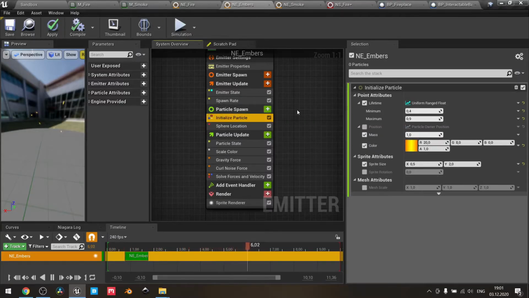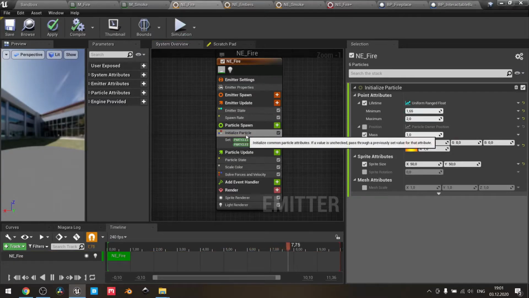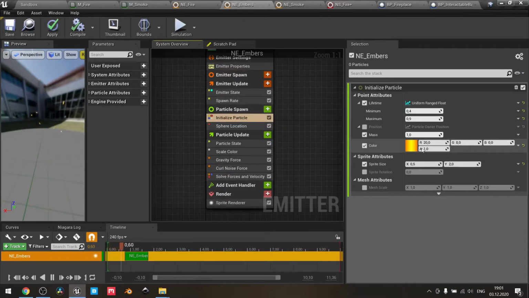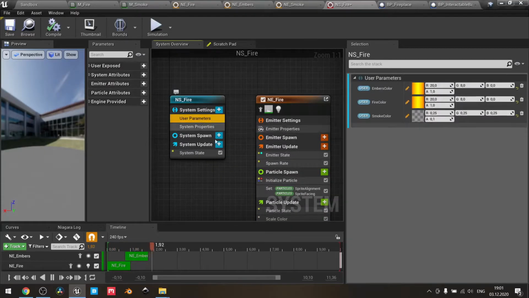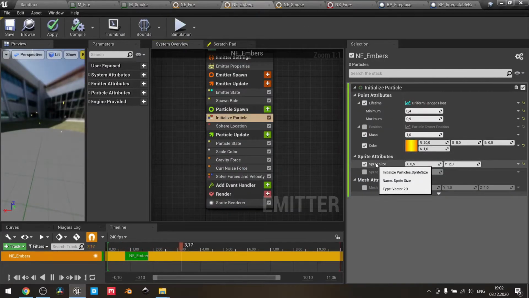For the initialized particle node, the lifetime is uniform range float with two different values. The color is the same as our fire main color, but actually it's for the preview purposes. As our fire and smoke, there are some user parameters that we actually have in our system of fire, so we will change it through the blueprint. Sprite size is 0.5 by 2, so it's a little bit